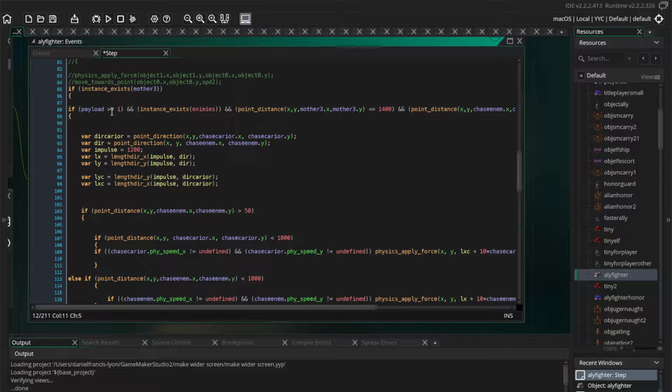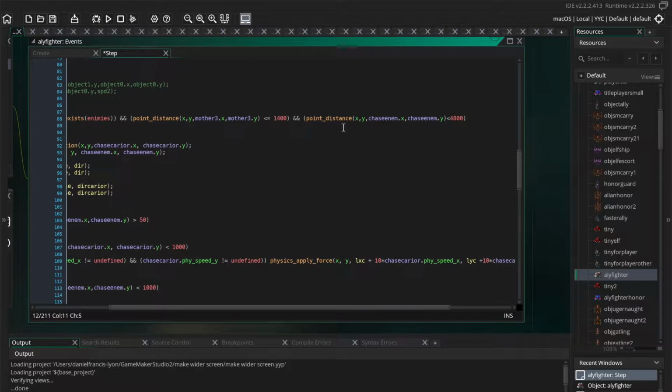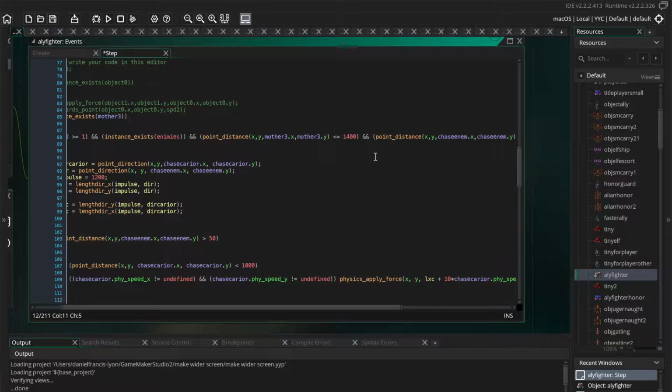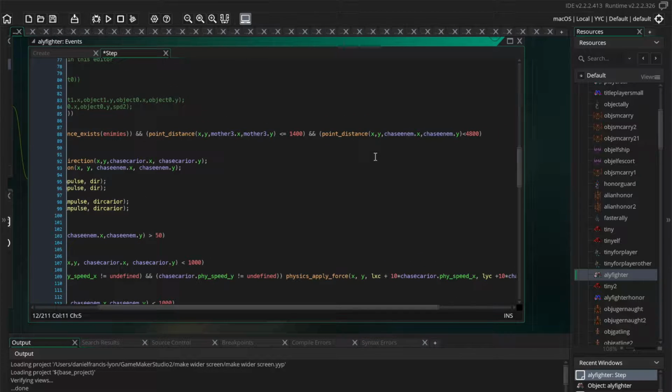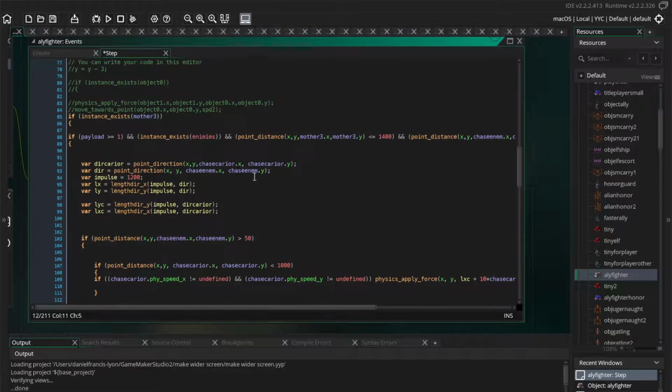So if payload is greater than 1, so if you have firepower, and if there are enemies, and if the distance to your mothership is less than 1400, all this means is these fighters will not fly farther than 1400 away from their mothership. I've decided to really tie them to the mothership. There's a limit to how far away they'll fly. And if the distance to the nearest enemy is less than 4800, basically they just won't even try to attack an enemy if the enemy is farther away than this amount. If all that's true,